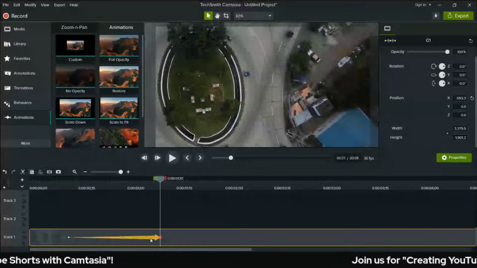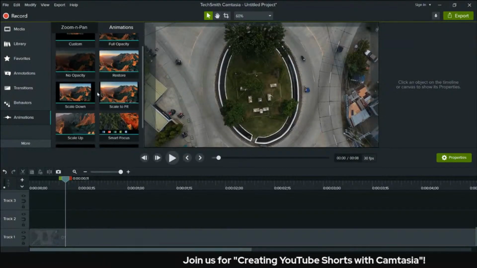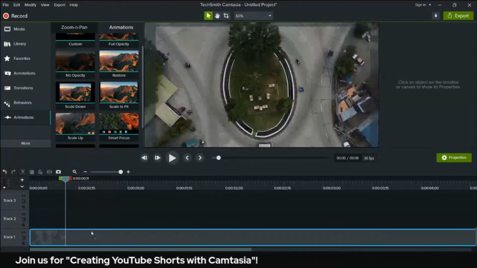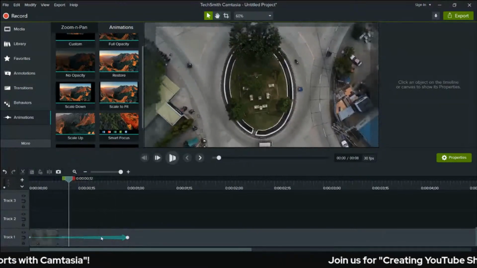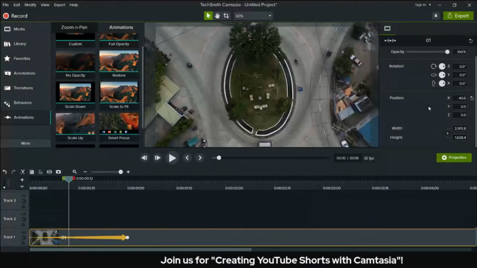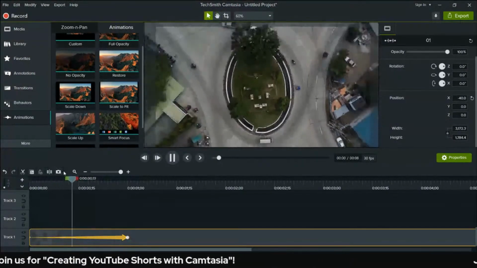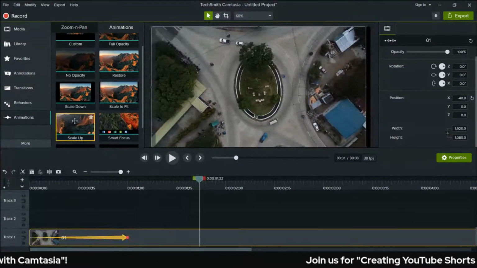Okay, so let's delete that animation. We also have full opacity, the scale down and scale up. So let me add the scale down animation. Let me click it. As you can see, it scales down. And when I want to scale it up,